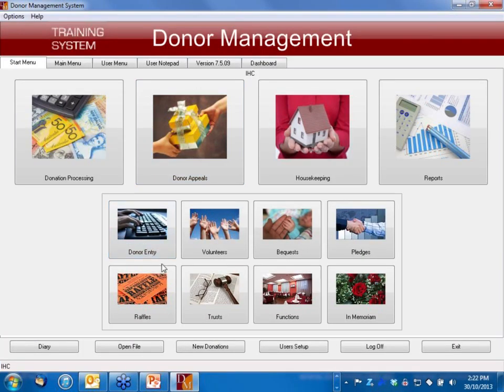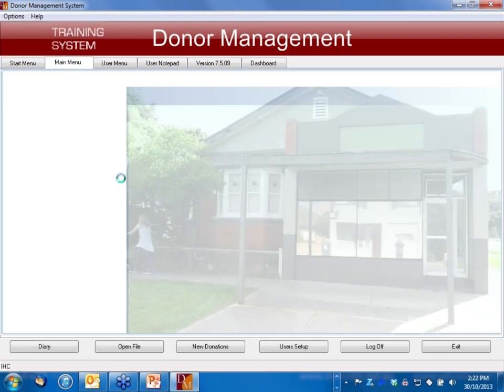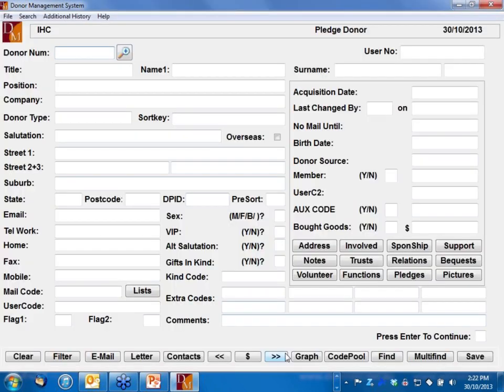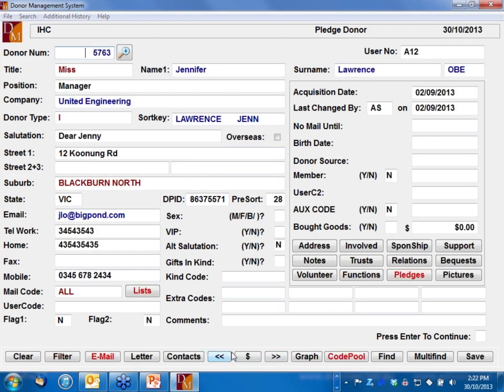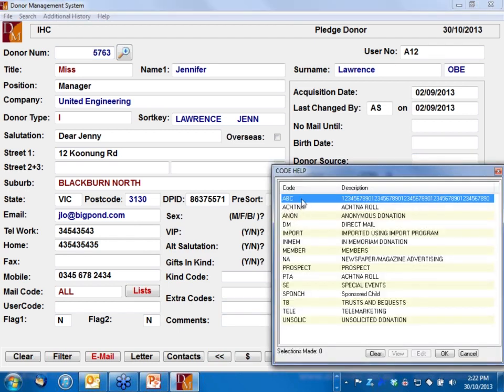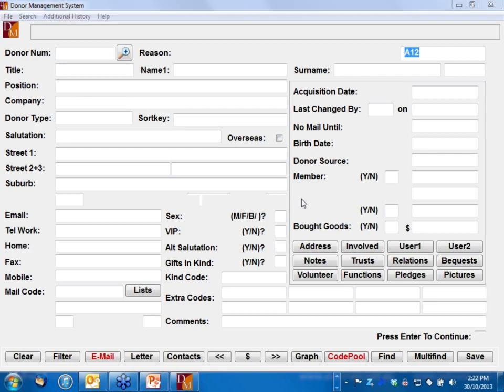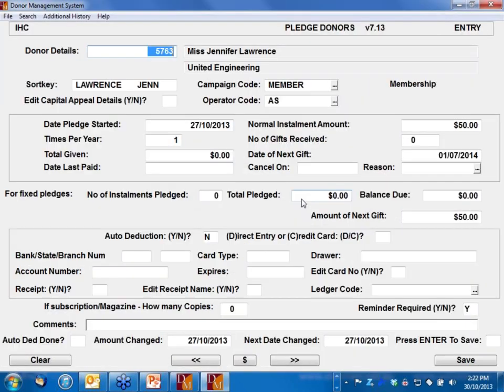We went to the donor screen, but there's another way. If you're setting up a capital appeal initially, where you're doing these hope-for pledges where there is no actual pledge amount, just a hope-for gift, you can go in through the pledge system and go to hope-for pledge record. This is just like the donor screen we've seen, but when you go through to the end, I've got a source code in there. When you go through to the last screen, instead of going to the end, it automatically sets up a pledge record, and it's got their record.